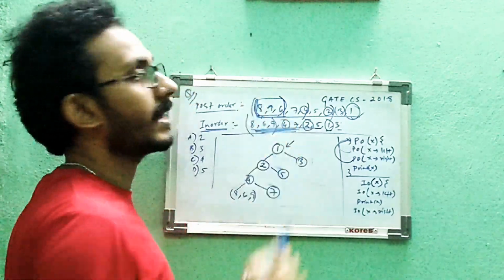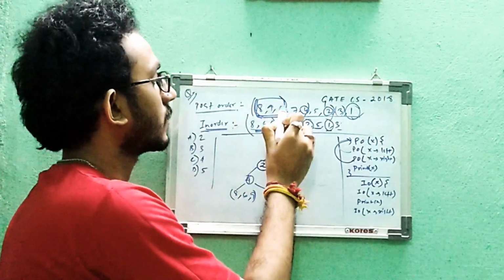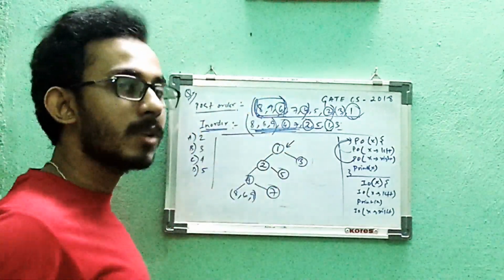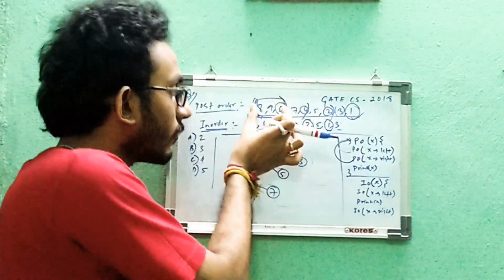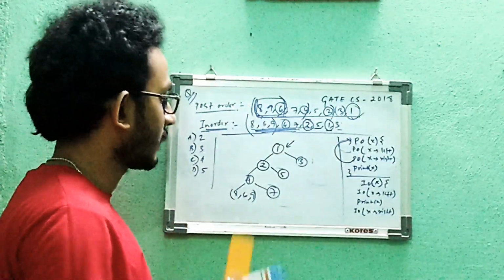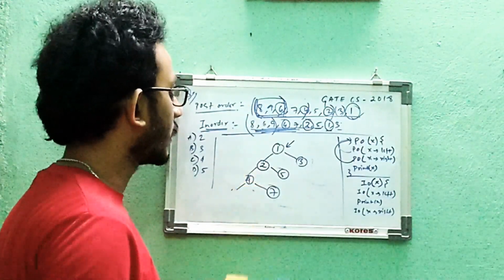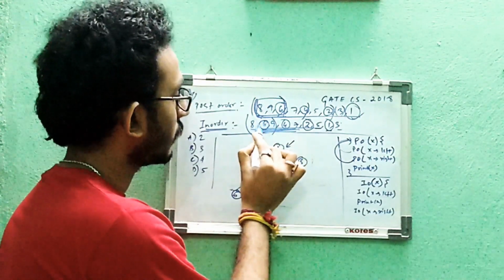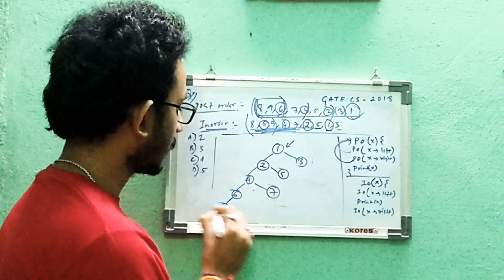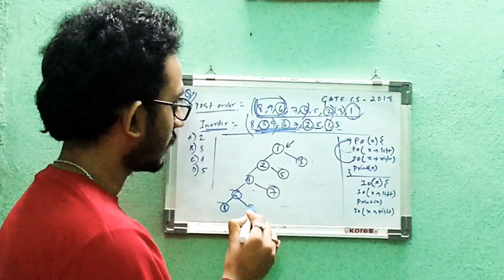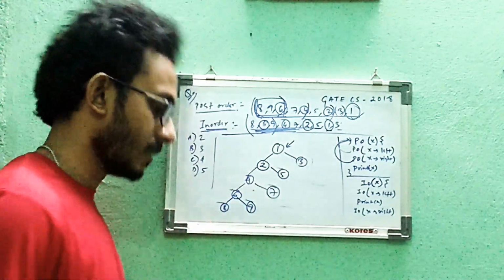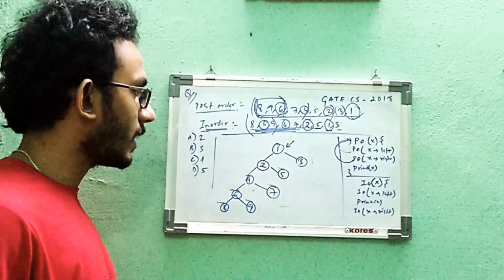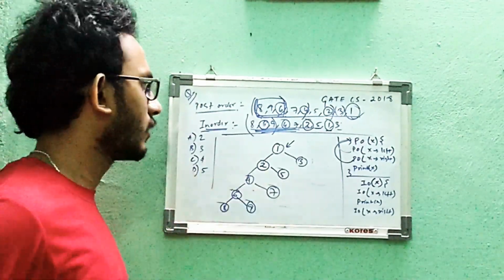Now in this subtree again, the last node is 6. So in post order, if the last node is 6, this will act as the root of this subtree. Okay? So in this subtree, 6 will be the root. If 6 is the root, we have 8 in the left of 6, 9 in the right of 6. Okay? So our tree is completed because no other root is left.